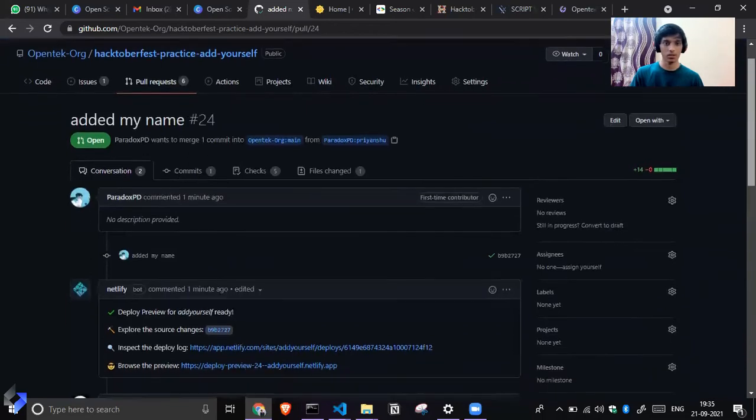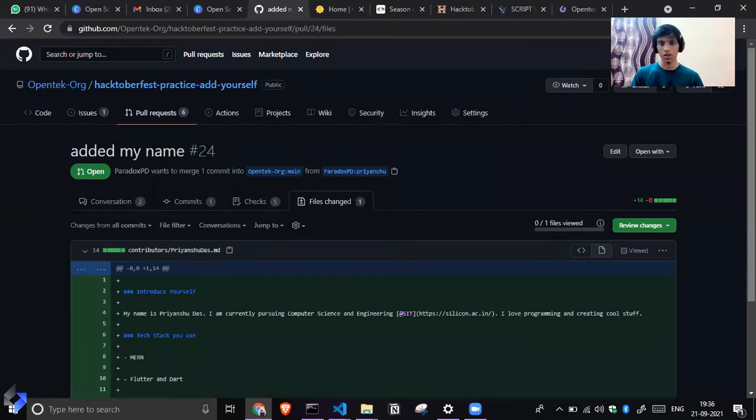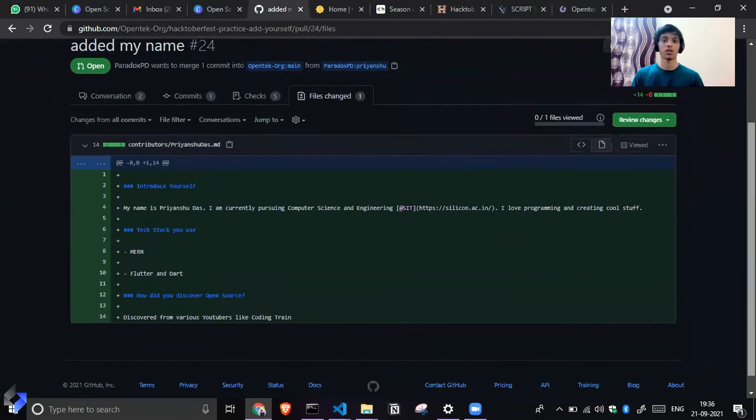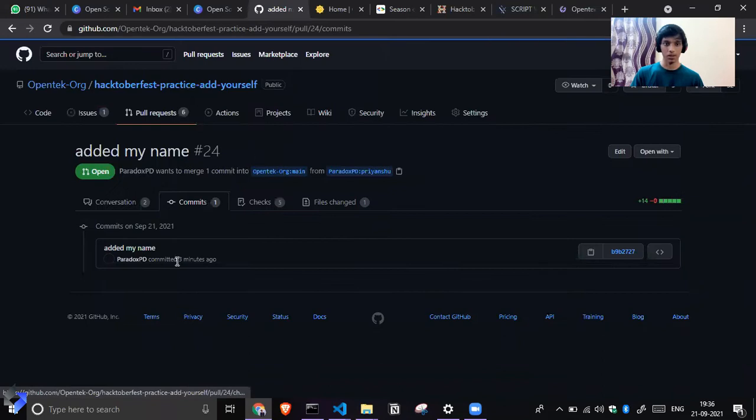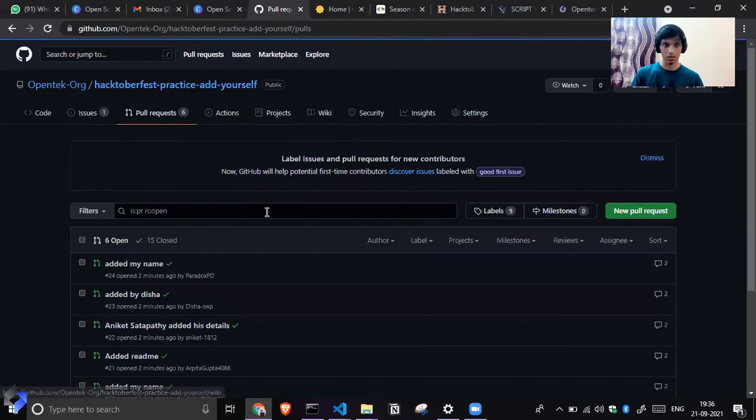Okay, so I'll check this. Let me check this PR. So yeah, in the future, if you want to make your own open source project, and if you want other people to contribute to it, you'll be using this page quite a lot, which is for reviewing changes. You will check what are the files changed. The plus indicates all the lines added. Okay, you can see how many commits. This guy did only one commit. So yeah, that's great.